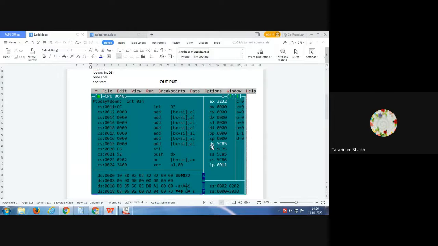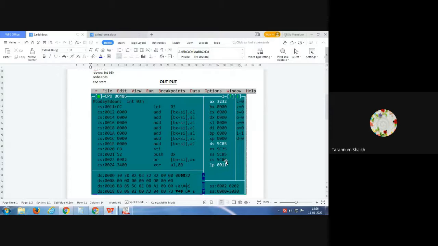Segments are these. DS, the data segment. अभी देखो DS में 5C85 आ गया। ये कहाँ से आ गया हमको? This is the data segment where now my result is stored, क्योंकि हमारे डेटा सेगमेंट से तो हमने ये डेटा उठाया। No, this is a physical address, not the result stored; this is a physical address which was generated during the process of doing this addition. So that is the physical address, and this is the starting address of ES, starting address of SS, starting address